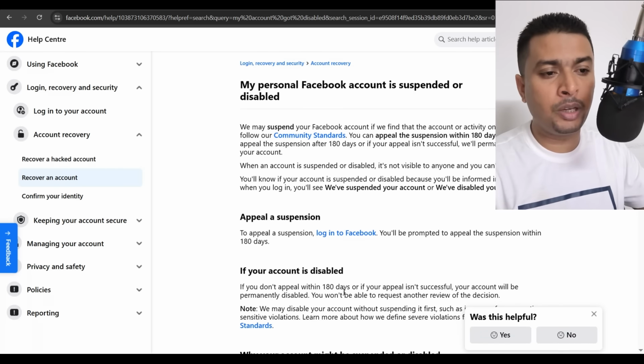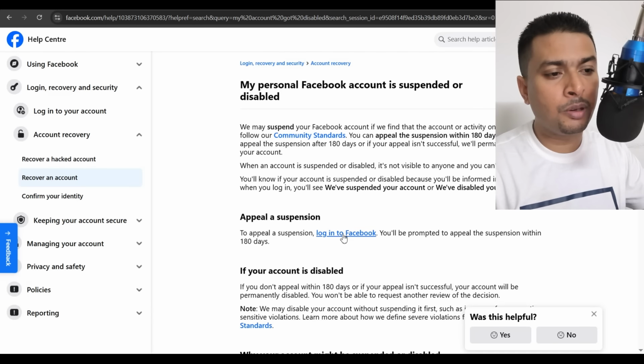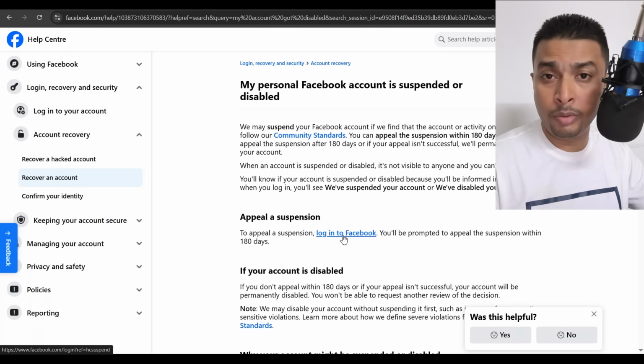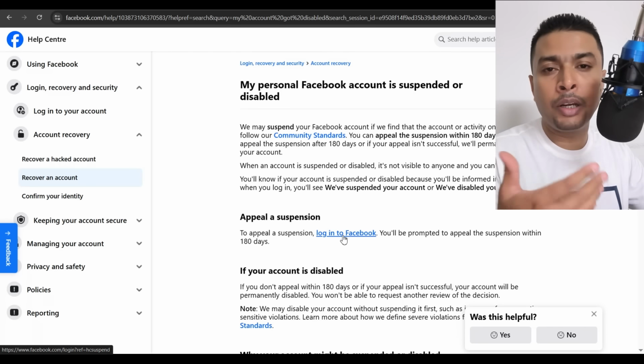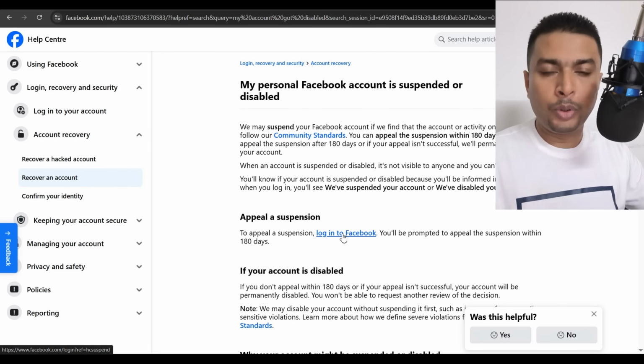When you come on this page, you see that you can appeal a suspension by logging into Facebook. If you click on this link, you're going to be prompted to log into your Facebook account, and after you log in, it is going to give you an option to appeal to Facebook. You're going to get a form to fill up, and you fill up the form,